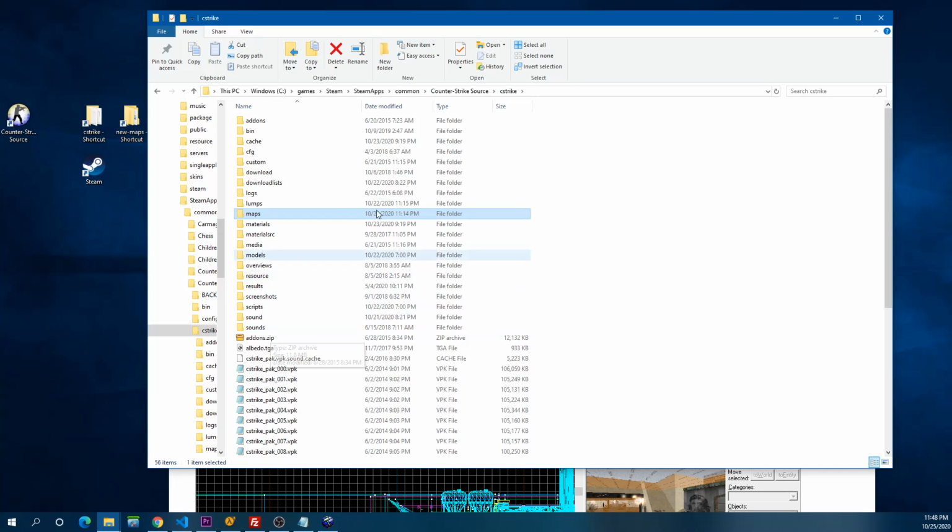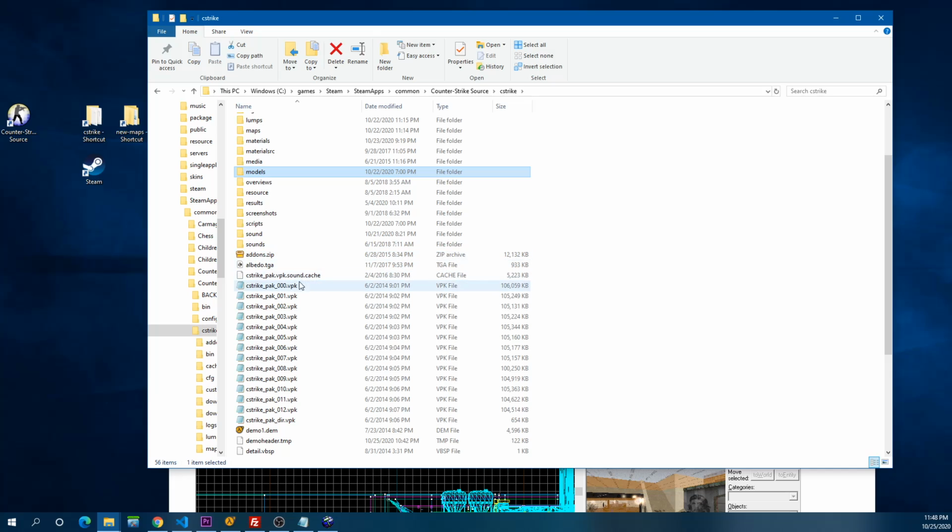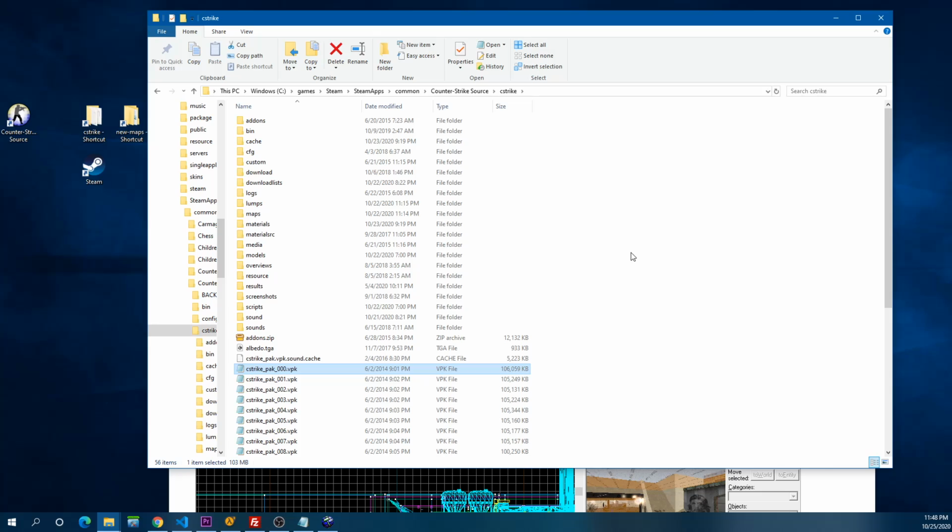Or they could reference folders that are at the root of your Counter-Strike game folder, like the materials and the models folders and others, or they could reference an asset that is in those VPKs. So that's three different ways to reference assets for maps, and they can have a combination of the three.